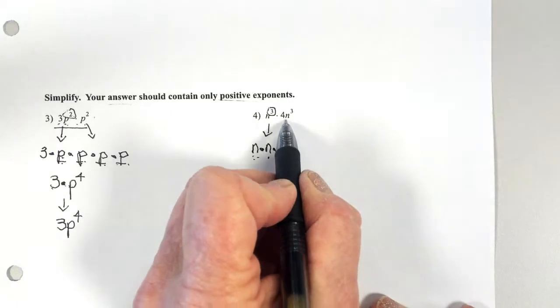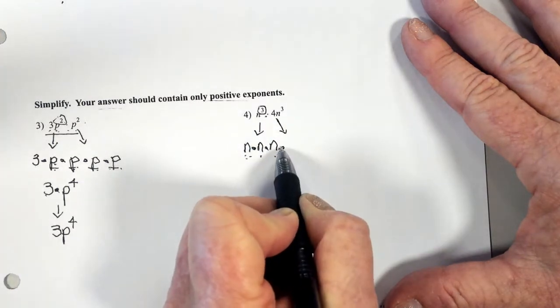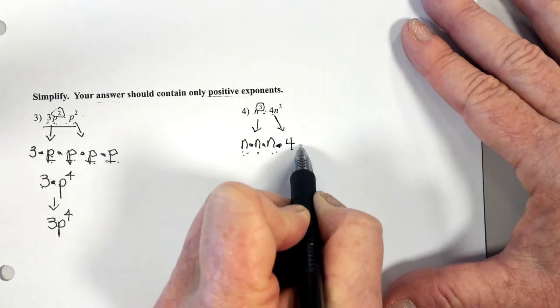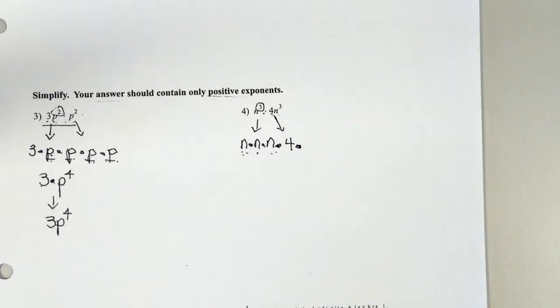So now I'm going to go ahead and come down, and I've got a multiplication sign, so I'm going to drop that in. And I've got 4 times, because a 4 and an n next to each other means